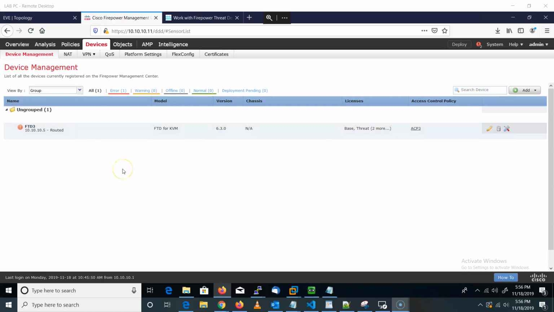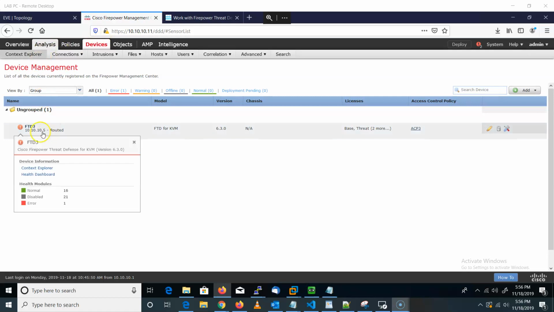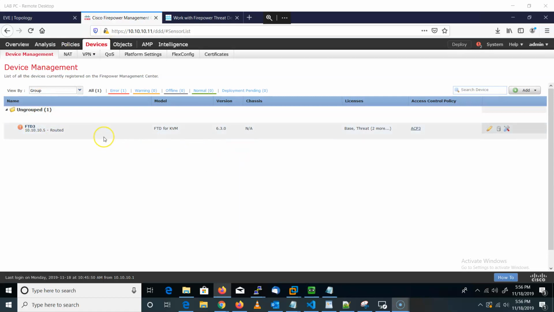In order to use either packet tracer or packet capture, you go to device management, then go to the particular managed device, or FTD in our case. We go to FTD3, and on the extreme right I have the troubleshooting icon. I'm going to click on that,